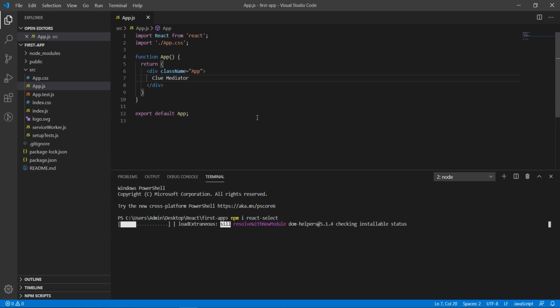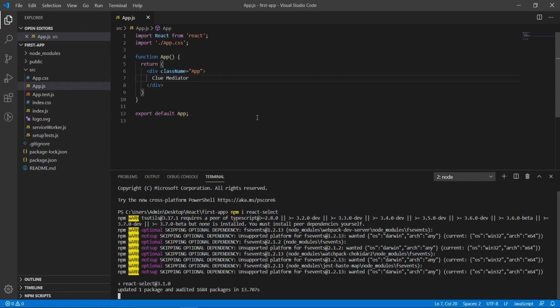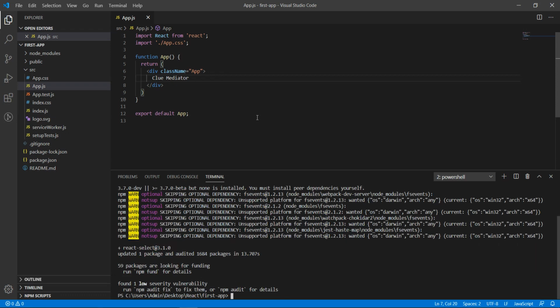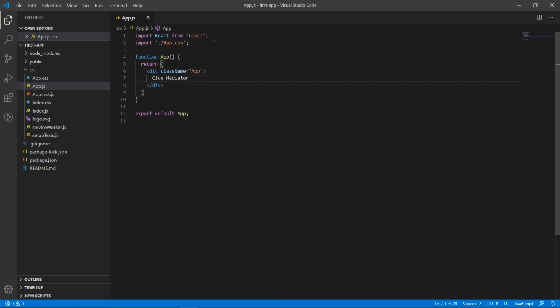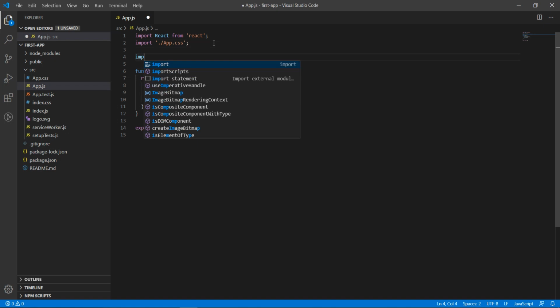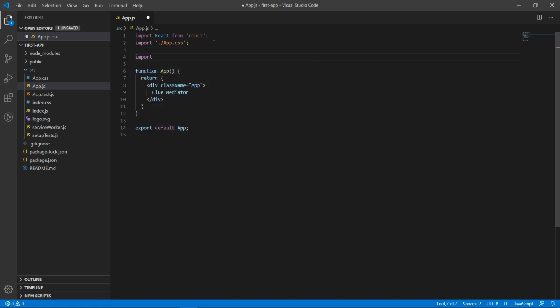It will take a little bit of time, and here we go, and done. Okay, good. So I kill this terminal, close the terminal, and now, how to implement dropdown. First step, we need to import the library that we have already installed.